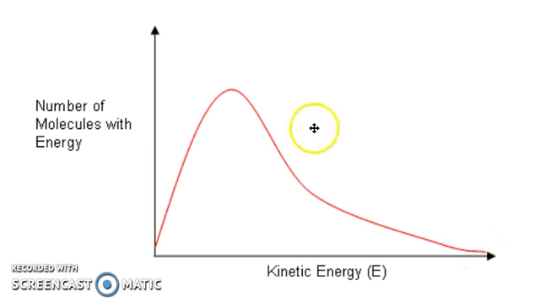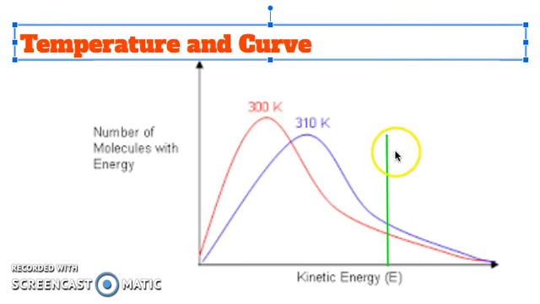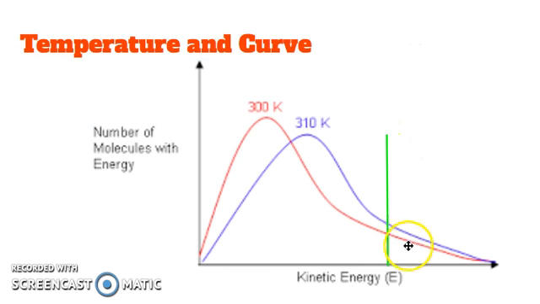You must be able to draw this, but you also must be able to apply it to 2 different scenarios. The first of them is temperature. So we can see in red that there's a Maxwell distribution curve, just like the one we saw in the previous slide. And this is for 300 degrees Kelvin. You can see this green line right here expresses the activation energy. So right over here, under the red line, is the number of molecules that have sufficient energy to